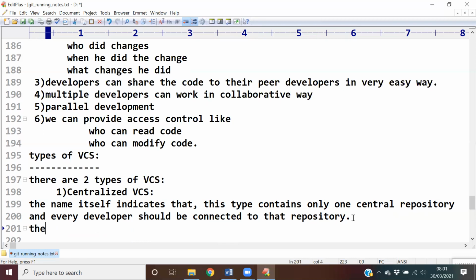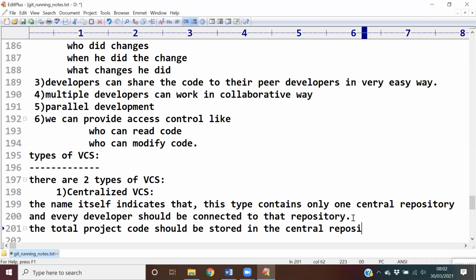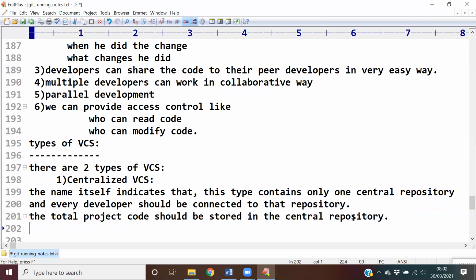The total project code should be stored in the central repository. Central repository. And if 4 developers are there,